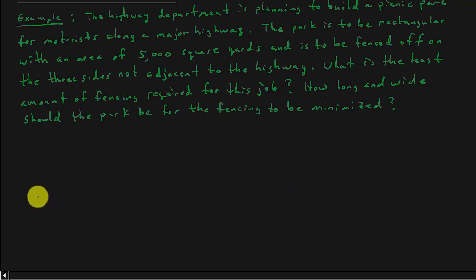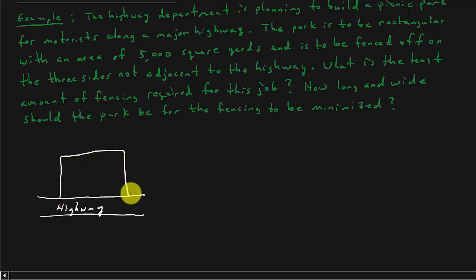All right, so we've got a highway right here, and we are going to fence in an area here. And we can call this X, we can call this Y, and this Y. And it doesn't matter if you call this Y and these two sides X. Doesn't make any difference. But we don't need any fencing right here. So this area here needs to be 5,000 square yards, but we want to use as little fence as possible